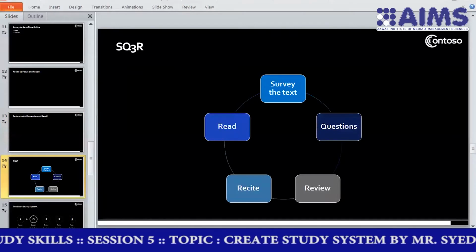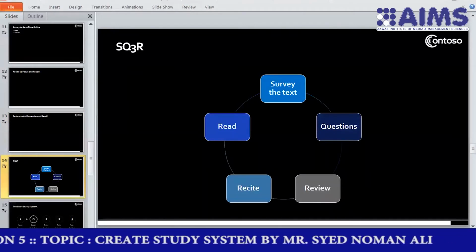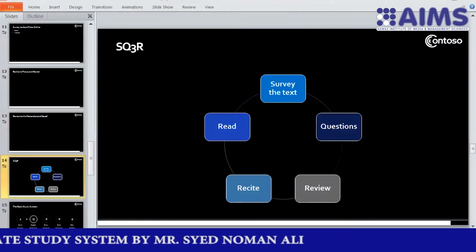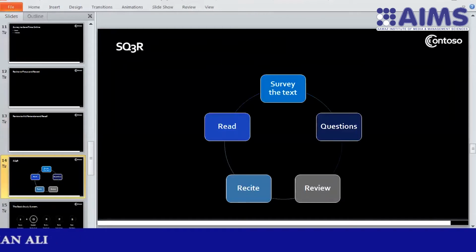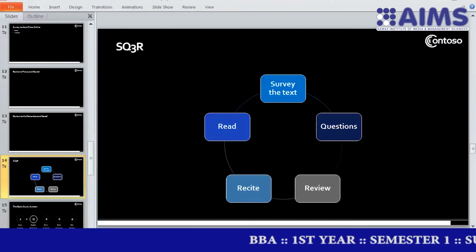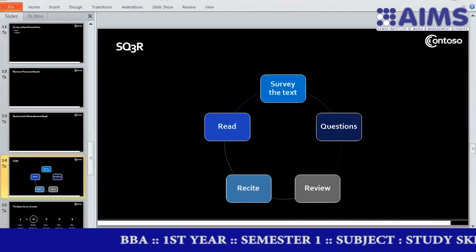Keep remember this SQ3R system. Survey the text. I will go over it. Survey the text, the textbook, from the chapter, from the introduction, from the content, summary, deeply survey from the web